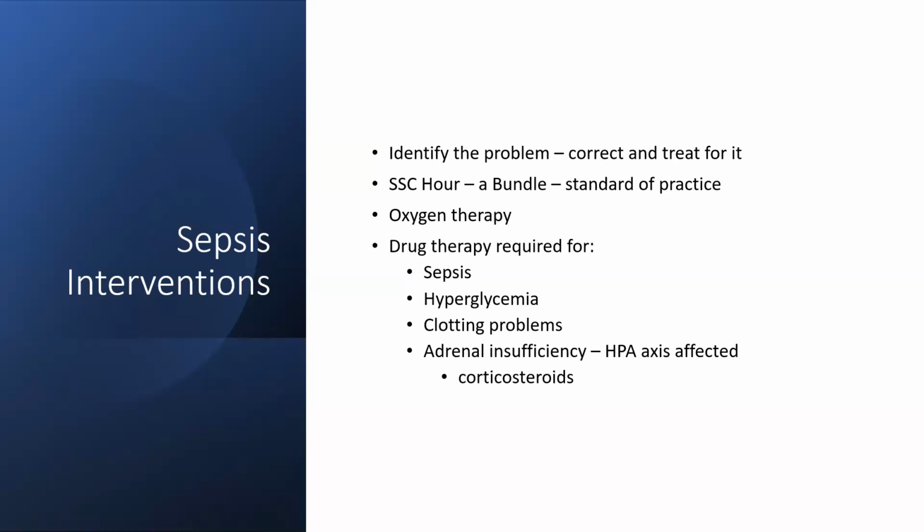And then they can end up with adrenal insufficiency as well. It's common. So the HPA axis is affected. It's infected after the initial inflammatory response. The sepsis is activated. So there's that endogenous release of cortisol. So, they're going to end up needing corticosteroids. So, and that's really it. I just wanted to make sure